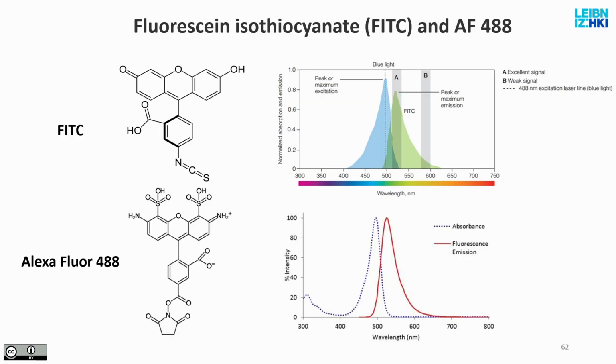This means that these molecules, which are able to generate fluorescence light, are characterized by a certain spectrum for both absorption, excitation, and emission. There is not only one wavelength that will excite a fluorescent molecule, but a whole range of wavelengths. And there is not only one wavelength that comes out as fluorescence photon, but a whole range because